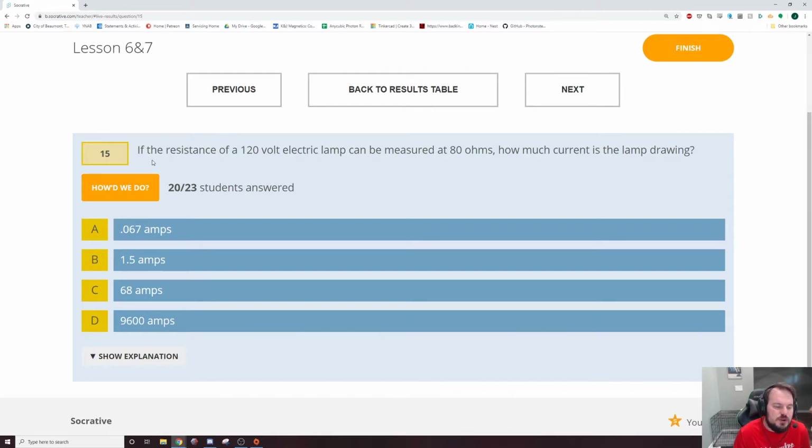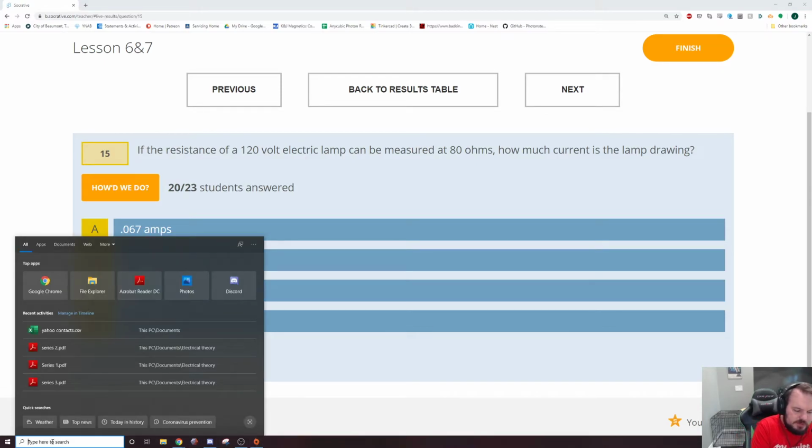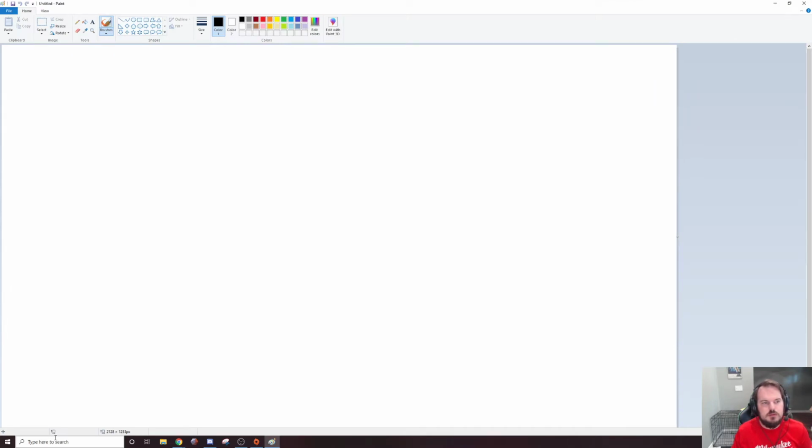With the resistance of a 120 volt electric lamp, so we're done. If the resistance of a 120 volt electric lamp can be measured at 80 ohms, how much current is the lamp drawing? So the formula here, and I don't have it up. Let's pull up Paint. The formula here is